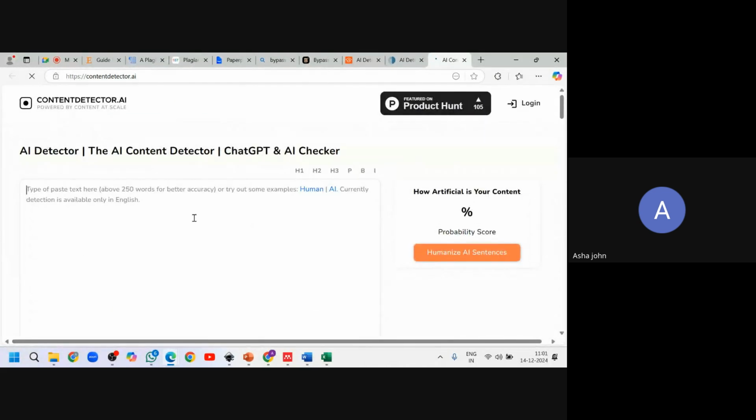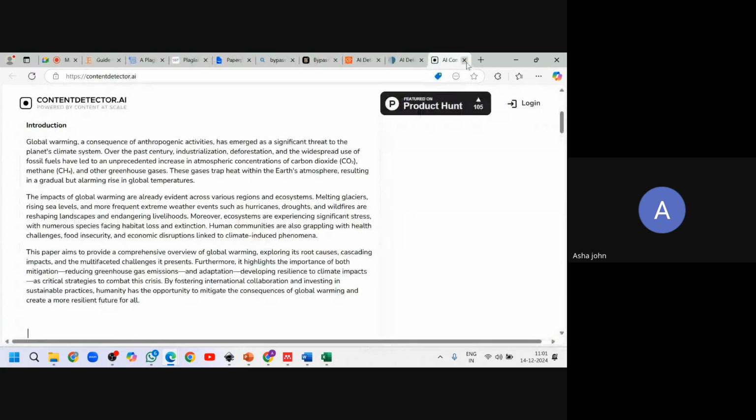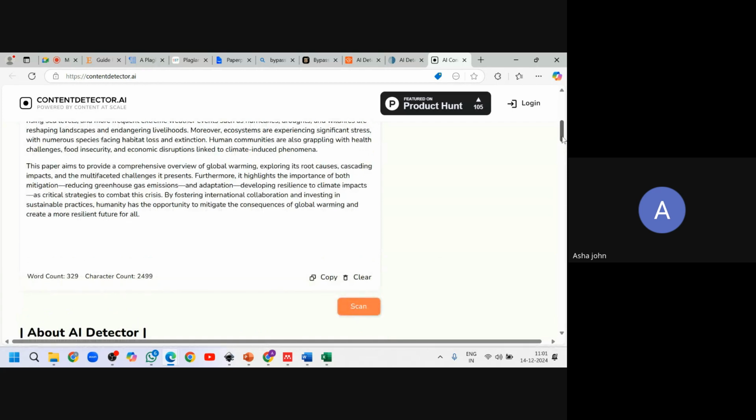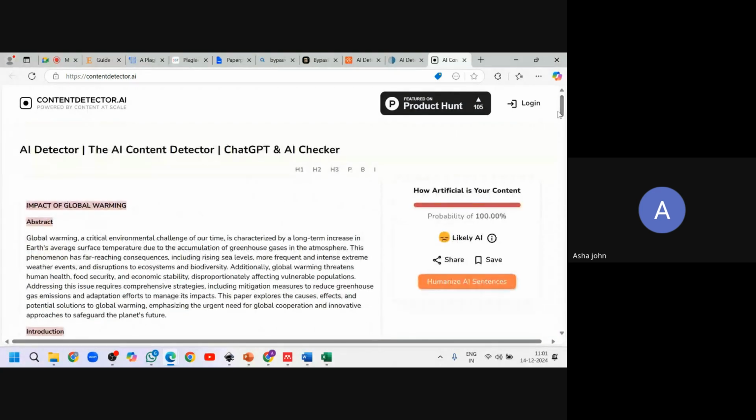Content detector.ai, scan. Probability of 100% AI content.